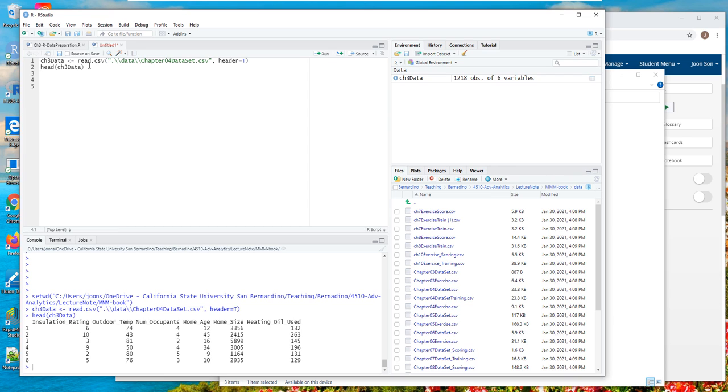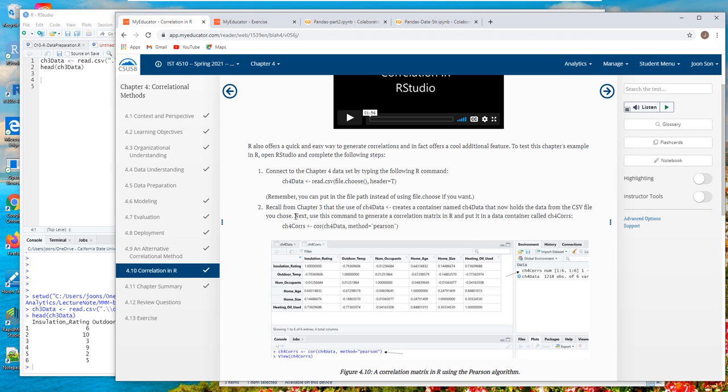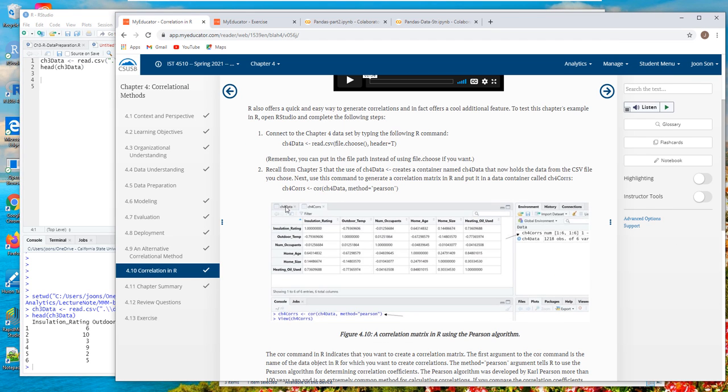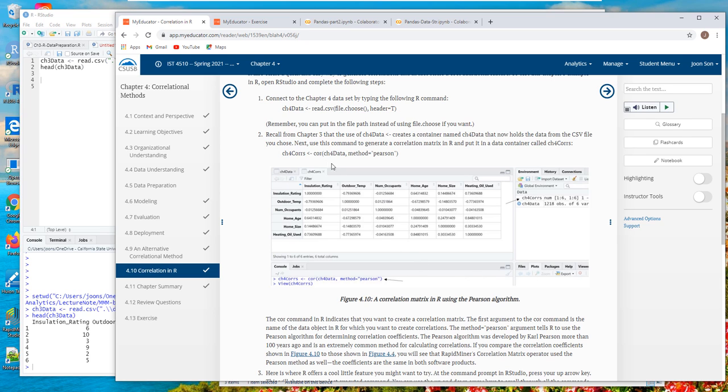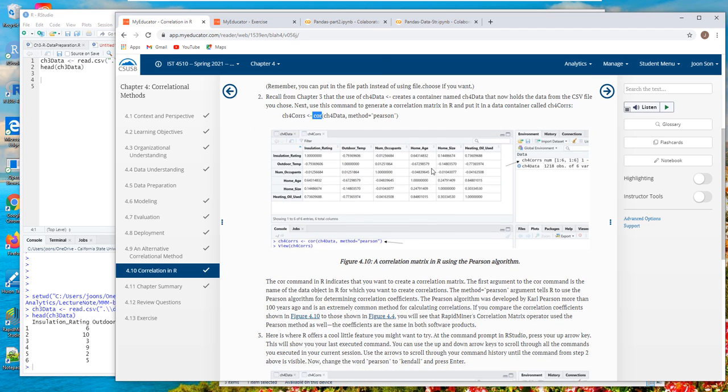Now, next, using R, I'm going to create this correlation table. If you use the COR command, the correlation function, you can see this correlation matrix.